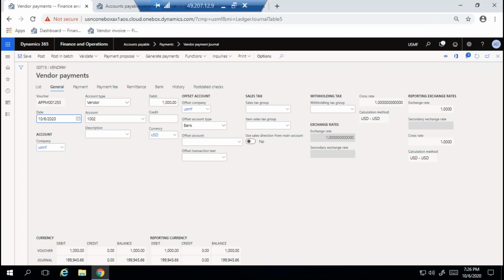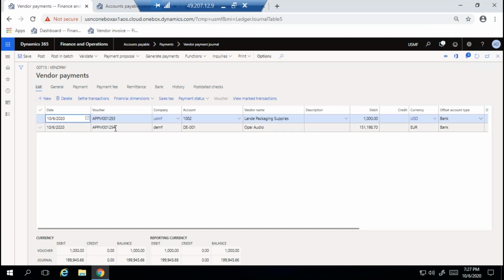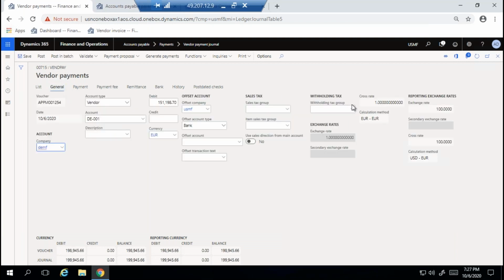The reason is the exchange rates across USMF versus DMF. This is 1000, it is fine, but for the DMF company, in the General tab, the exchange rate will be there.